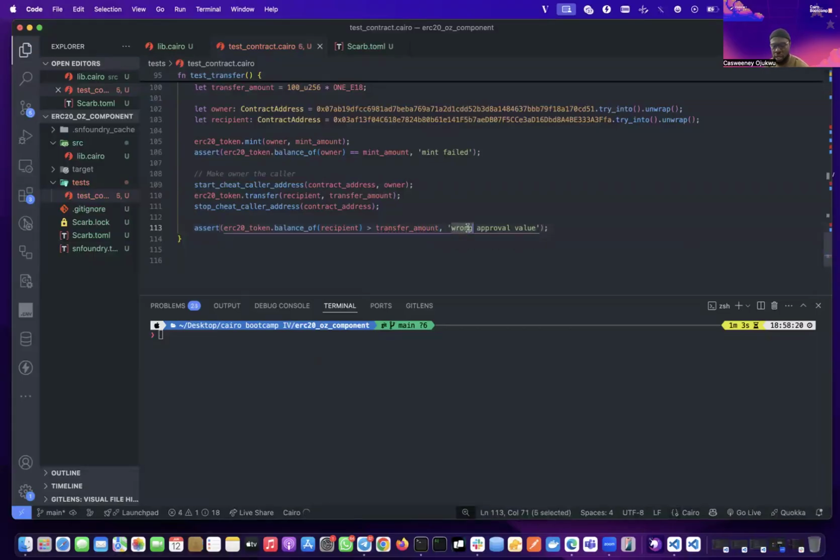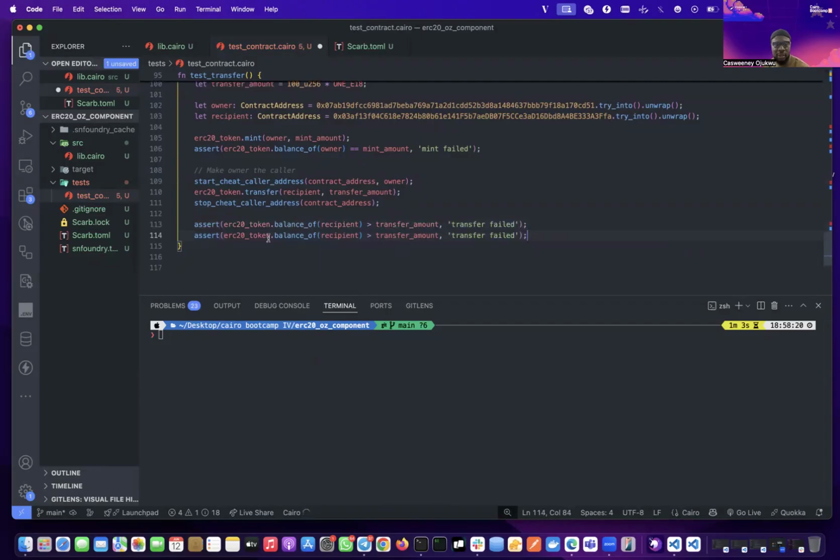So else we say transfer failed. That's one. What is that? Okay, yeah, that's one. Then the second thing we are going to do, we are going to assert that balance